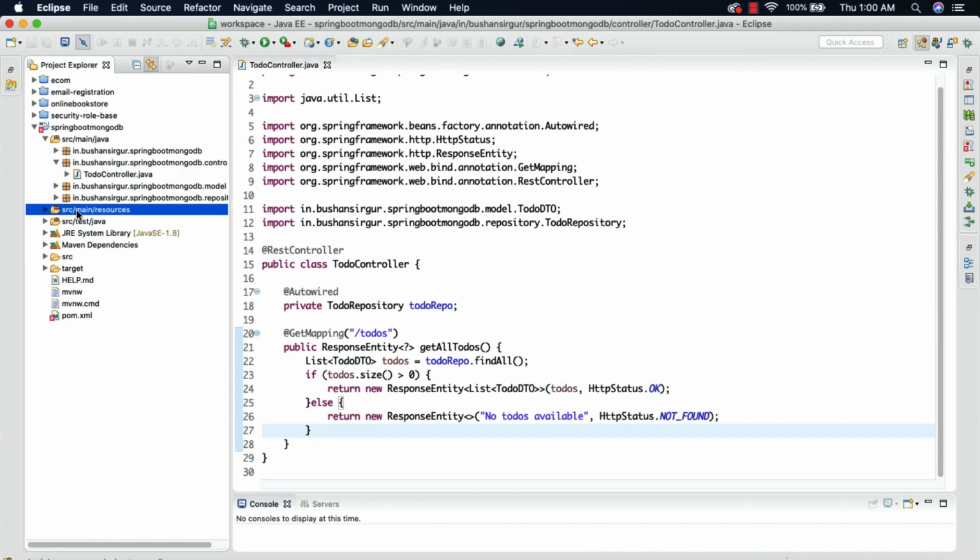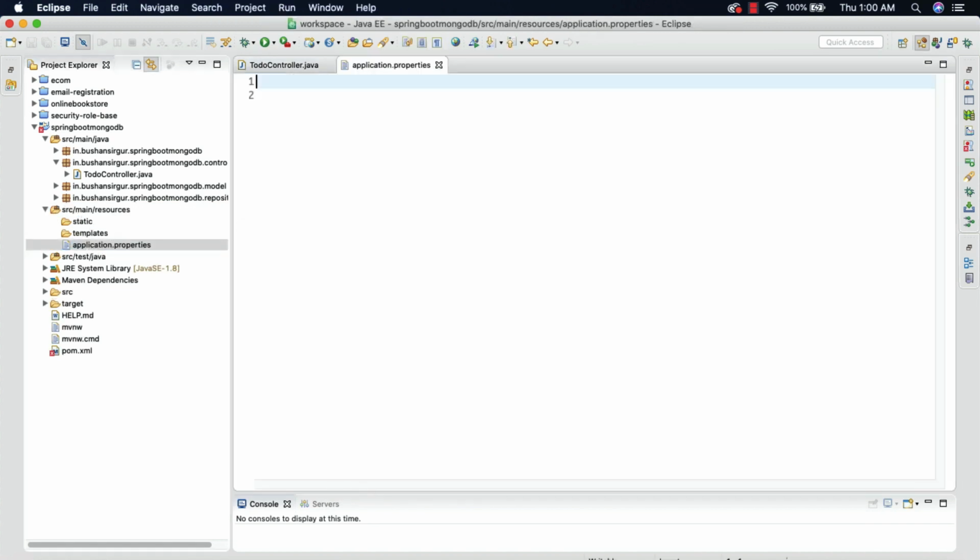So inside the resources directory, open the application.properties, and all we need to do is specify the MongoDB URL, spring.data.mongodb.uri, and we're going to specify the MongoDB URL, which is mongodb://localhost, the localhost port is 27017.